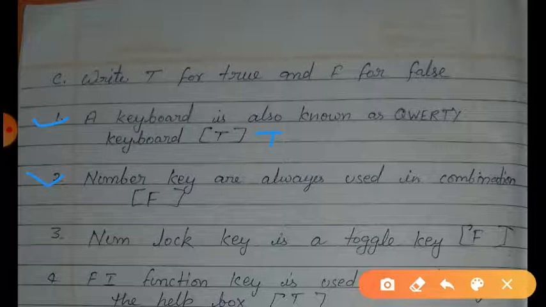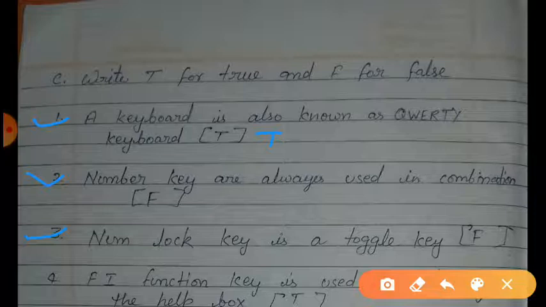Number keys are not always used in combination with other keys. So this statement is false. Now come to question number third. Numlock key is a toggle key. Okay, this statement is false.